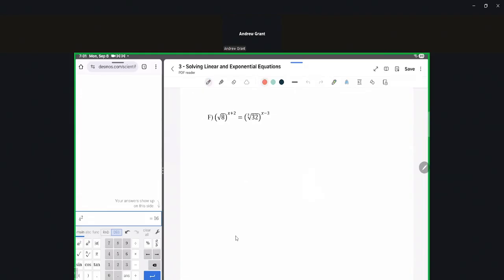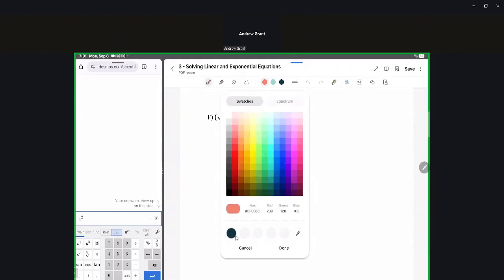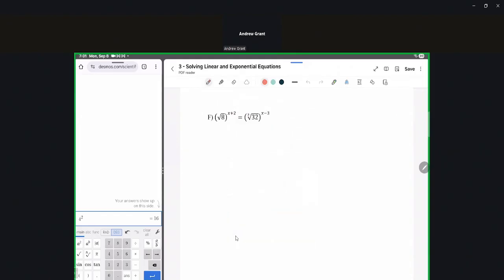x minus 3. Okay, first thing we want to do is go ahead and write the square root of 8 as 8 to the power of 1/2, all to the power of x plus 2. The cubed root of 32 we can write as 32 to the power of 1/3, all to the power of